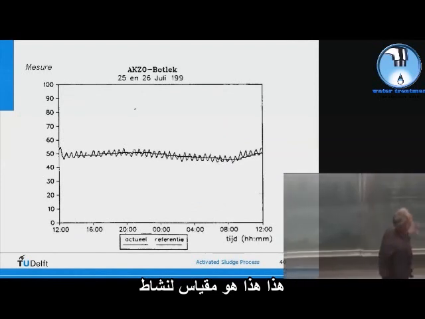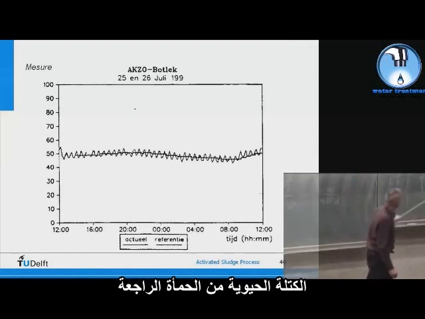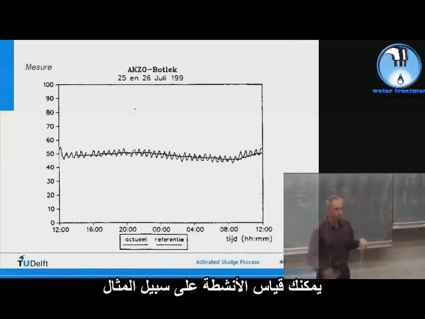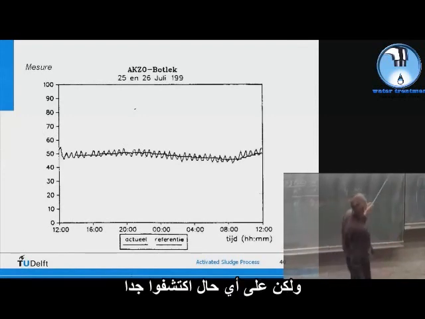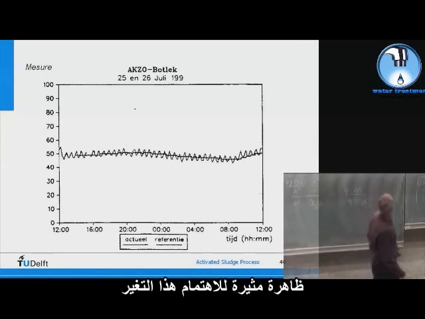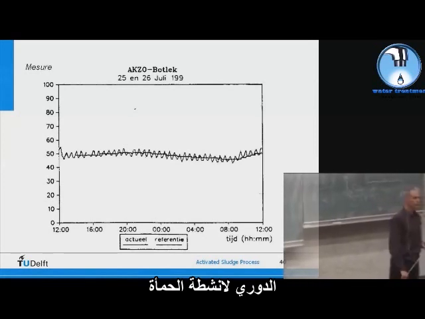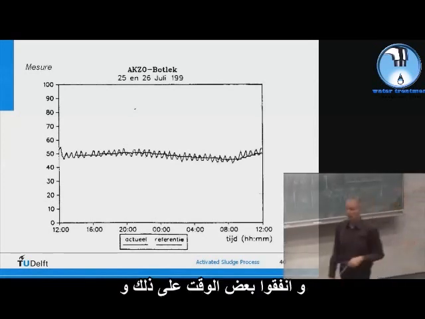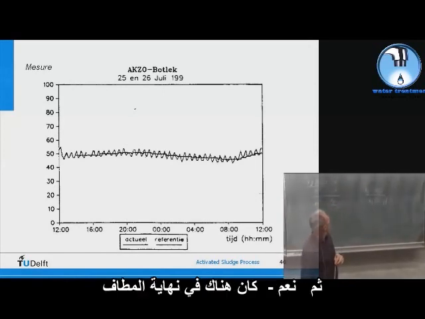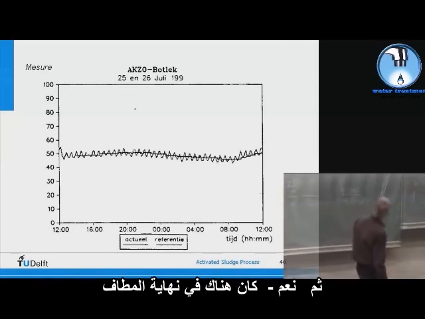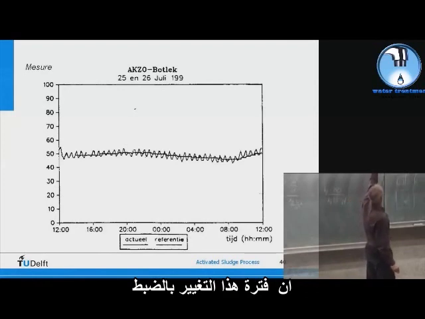This is a measure of the activity of the biomass of the return sludge. You can measure activities, for example, by measuring oxygen utilization rates. But anyway, they discovered a very interesting phenomenon, this periodic change of the activity of the sludge. And, well, they spent some time on it, and they couldn't figure out what was going on. And then eventually somebody was smart enough to realize that the period of this change